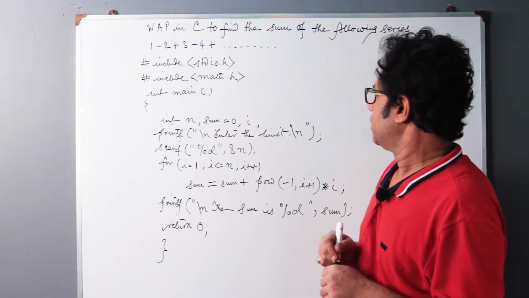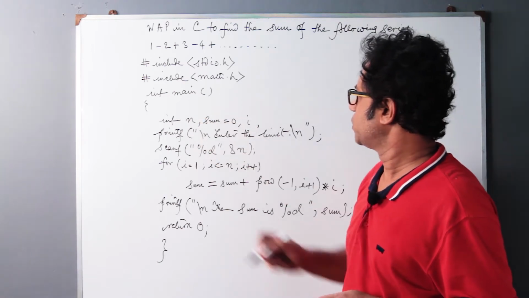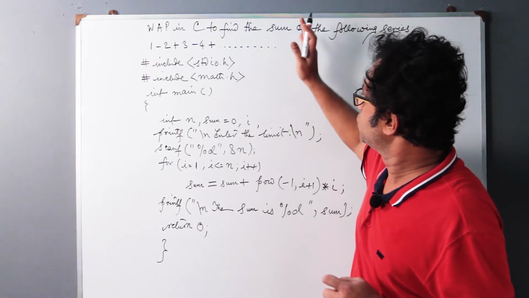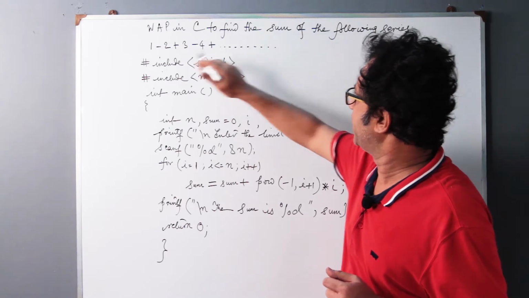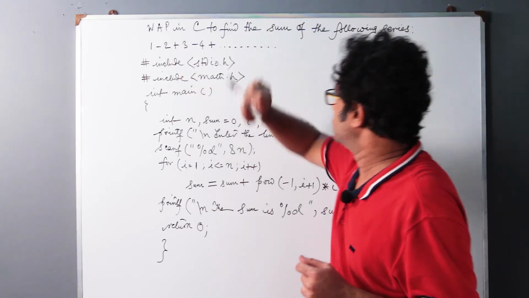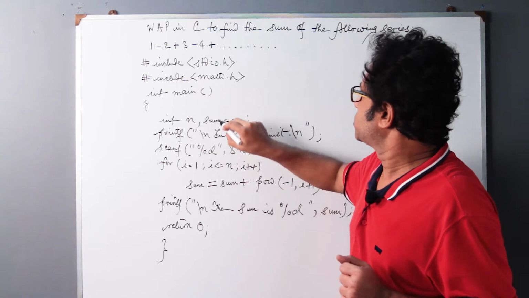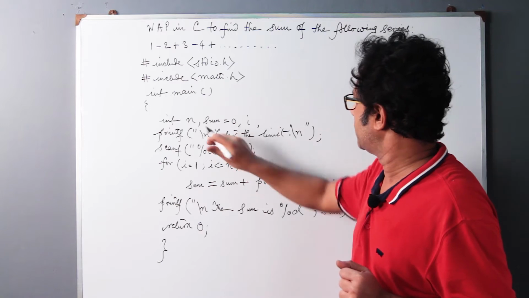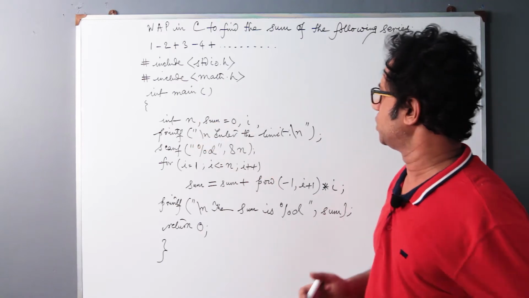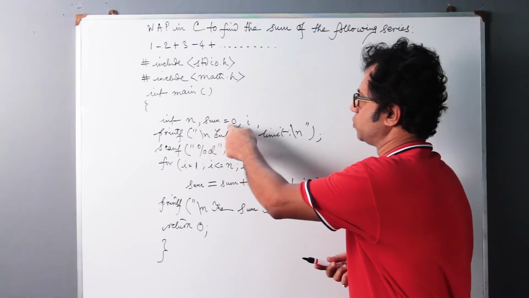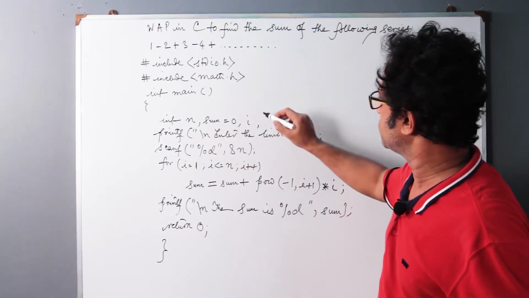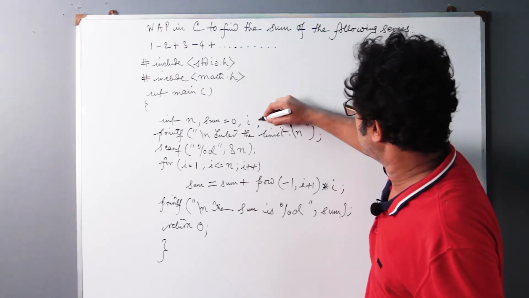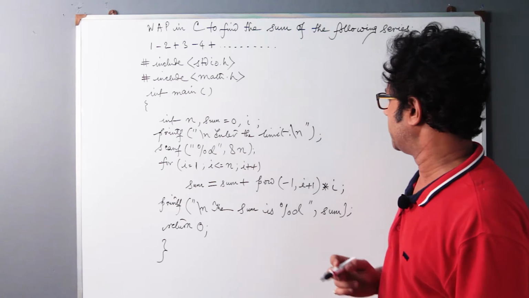Then we declare three variables: n, which is required for the limit, the number of natural numbers whose summation is to be determined in this alternating fashion, and sum, which is the result and will be stored in the sum variable. We have initialized sum to 0, quite similar to the previous program, and there is yet another variable i, which is the iteration variable of the loop. This is the end of the variable declaration and initialization section.